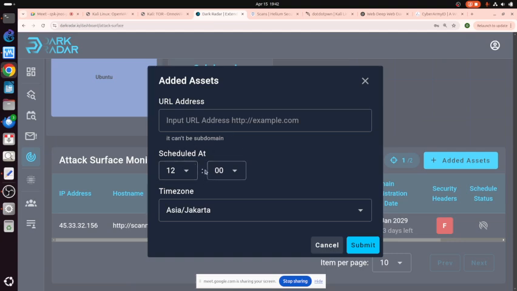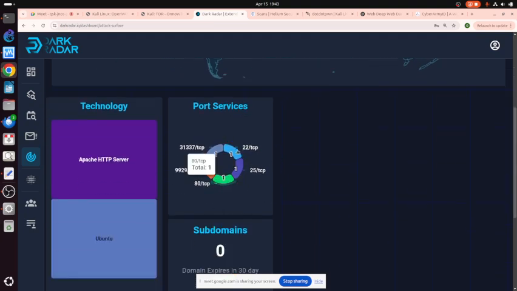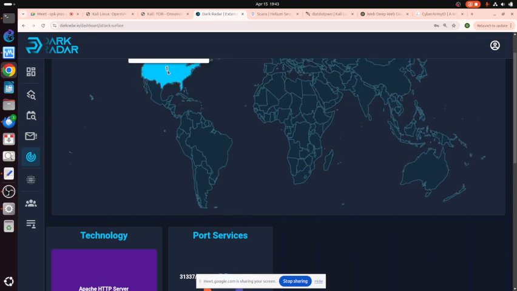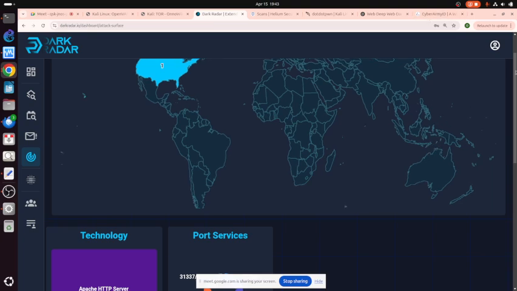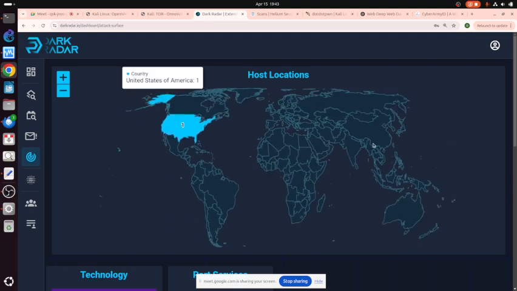We can set the time when it will monitor, and it will show us the open ports of this particular website and the location of our website, so we can see the surface of our presence on the internet and the condition of our host on the internet.